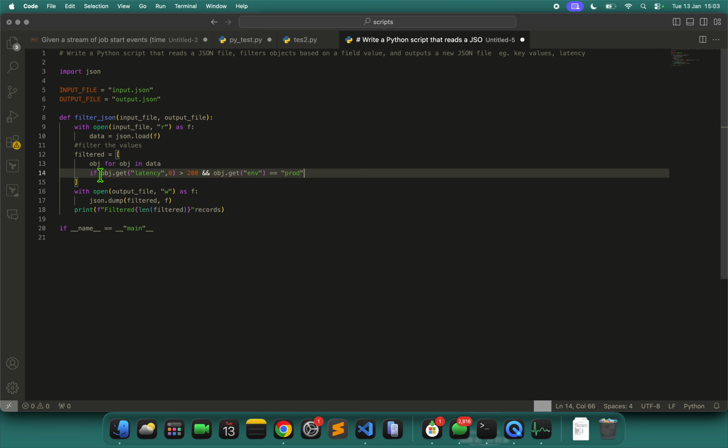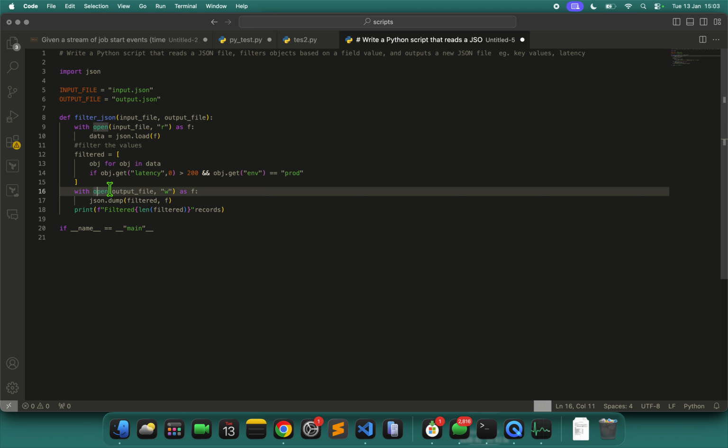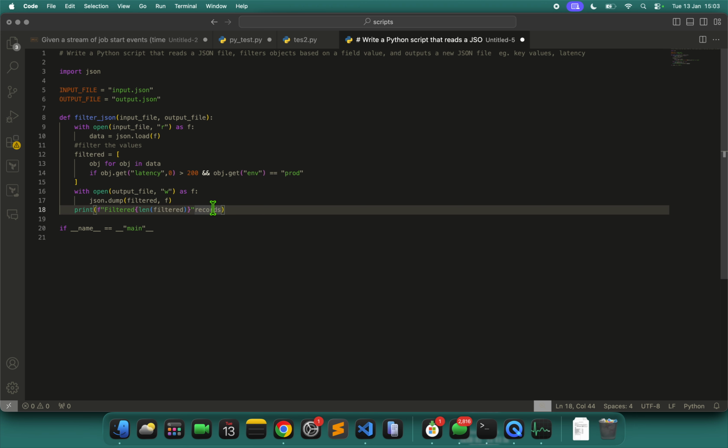If the env is prod, it will filter it. Then I'll use the with open keyword on the output file, write the filtered data, and print it accordingly.